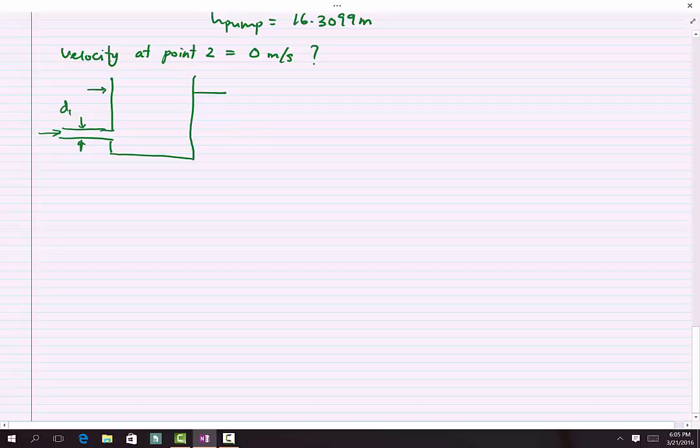So velocity at point 2 is equal to 0 meter per second. Why? Let's look at the example below. We have one small pipe entering a tank. The flow rate is for the small pipe with diameter D1, entering the tank,